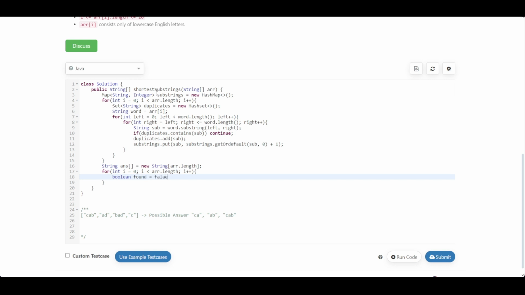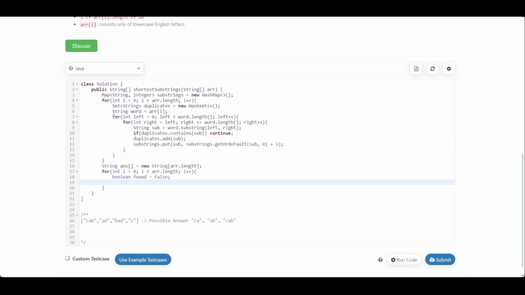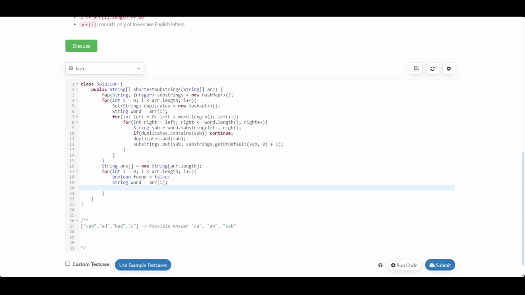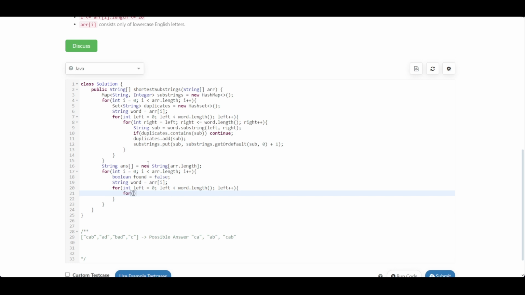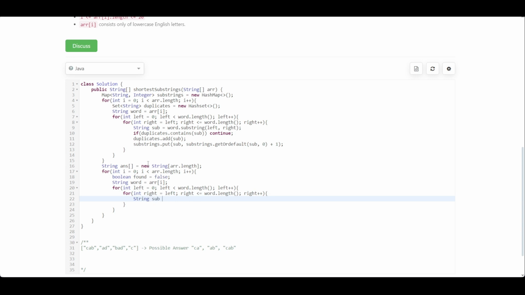map or not. So let's say currently it's false, then again I'll be generating all the possible substrings, let's have the string word also, string word equal to array[i], for int left equal to 0, left less than word.length, left plus plus, then for int right equal to left, right less than or equal to word.length, and then right plus plus. Then let's have the string sub again, that is equal to word.substring(left, right),